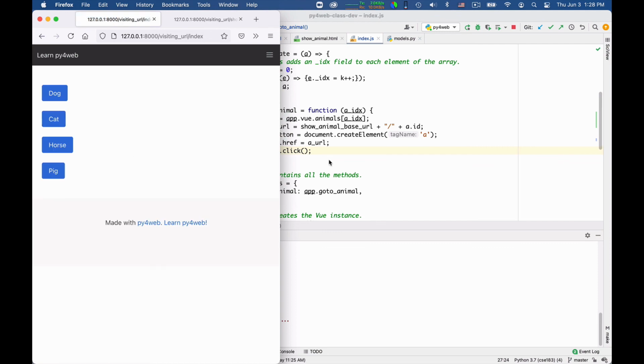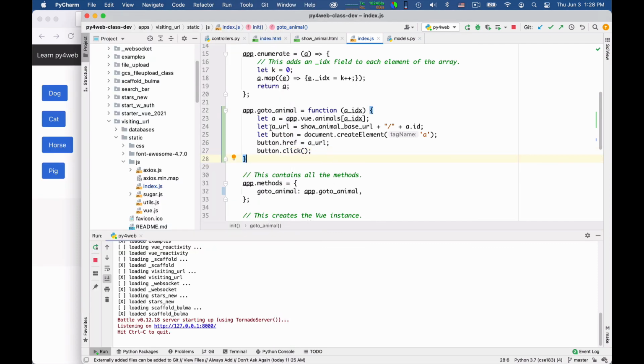The real problem with this solution is that the URL is completed in the browser. And so I can't quite sign it in the proper way. I cannot sign the whole URL, at least, because there is this ID that is not known on the server, okay? So this showAnimalBaseURL cannot contain a signature that includes the a.id.